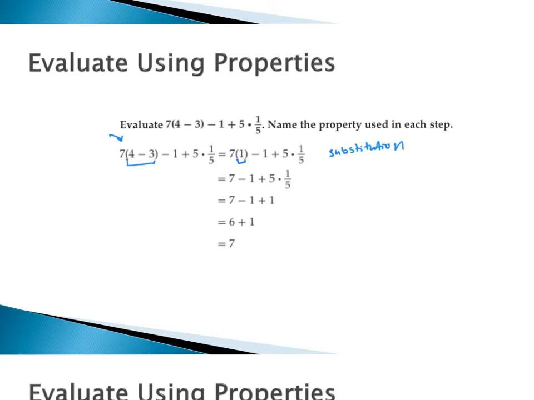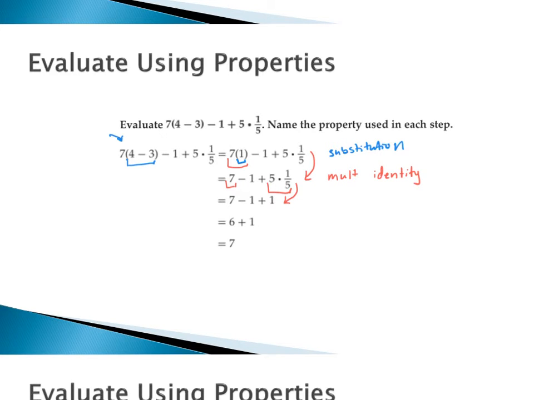Our next step, so how did we get from here to here? Well, the change is that we no longer have the parentheses. We multiplied 7 times 1, and we got 7. So this is the multiplicative identity. I'm going to abbreviate a bit. Multiplicative identity. 7 times 1 equals 7. Now from here to here,